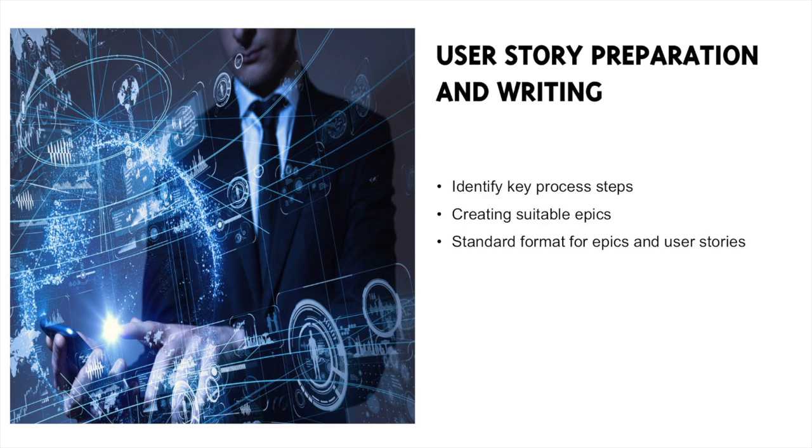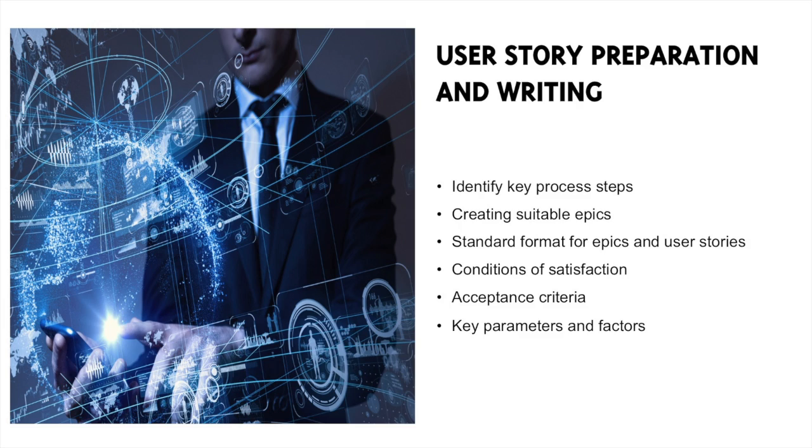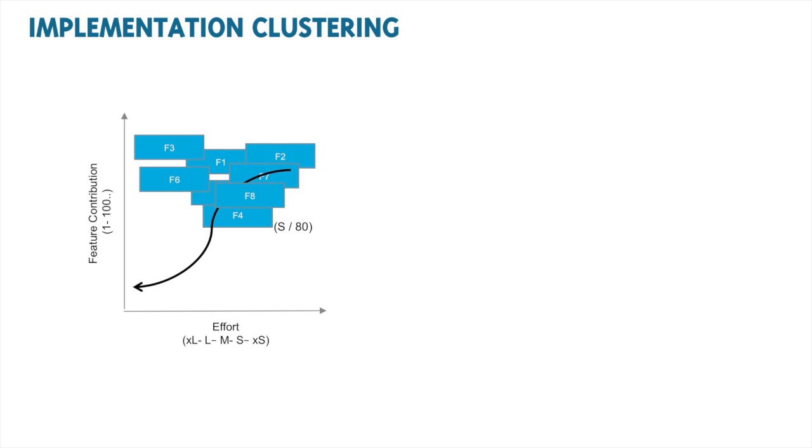introduce you to the recommended context statement found within epics and user stories, explain the purpose and scope of conditions of satisfaction and acceptance criteria, highlight several other key parameters and factors that will improve the quality of epics and user stories,